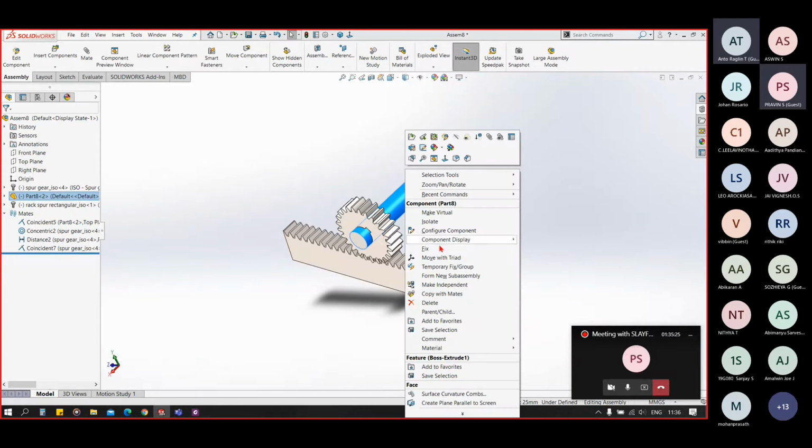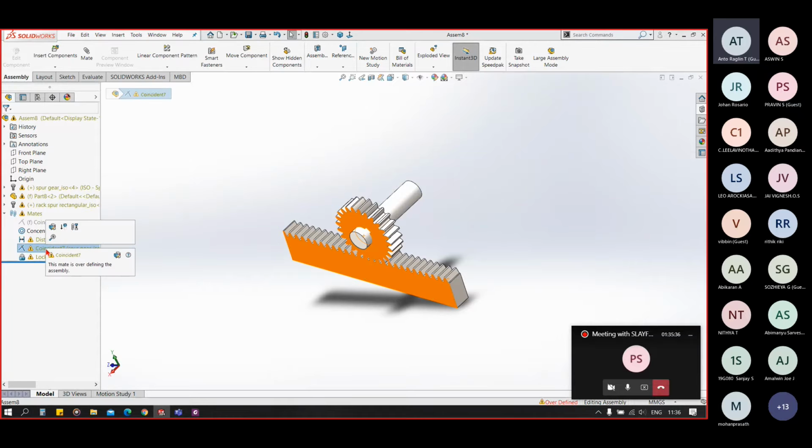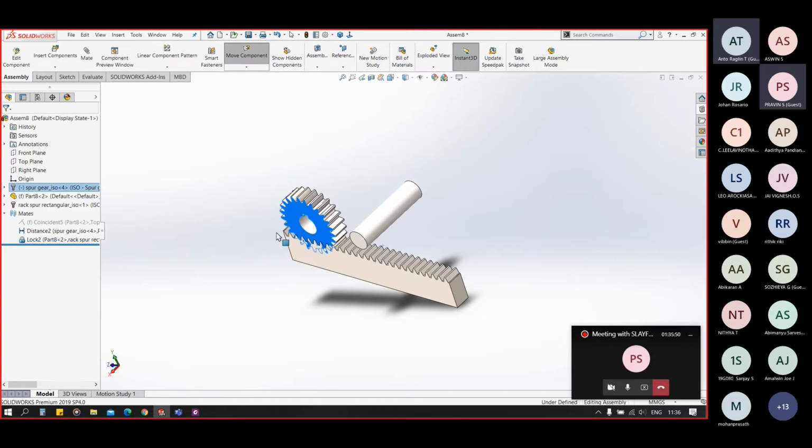I have to fix this first. Now you can see this is fixed. Now I have to delete this concentric feature so that it can move.